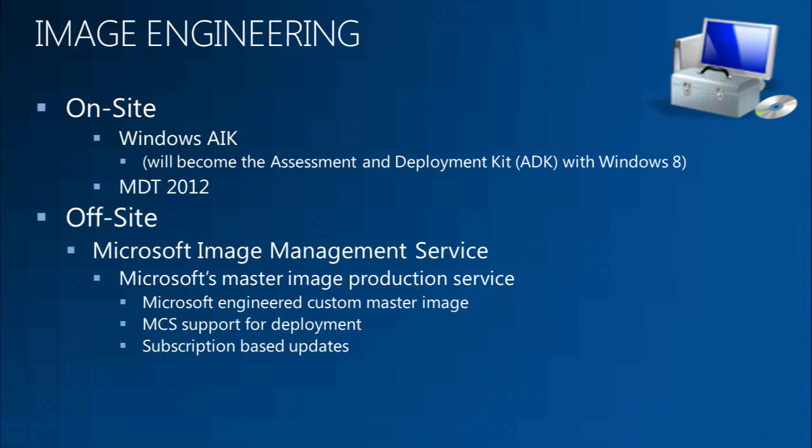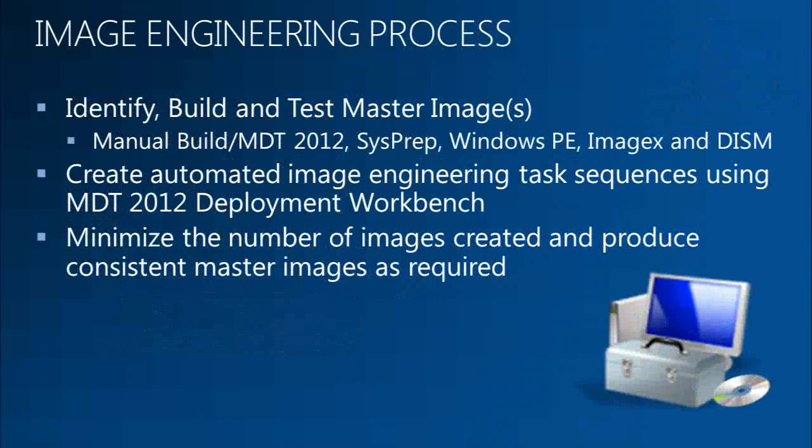So what I'm going to concentrate on today is much more the on-site image engineering, using MDT on-site to create custom images. The image engineering process is pretty simple. Identify what you need in the image, create an automated task sequence to build it, sysprep it, capture it, and minimize the number of images that you need to produce. Typically, I see now 2 images in a corporate environment. You typically see an x86 image and an x64 image